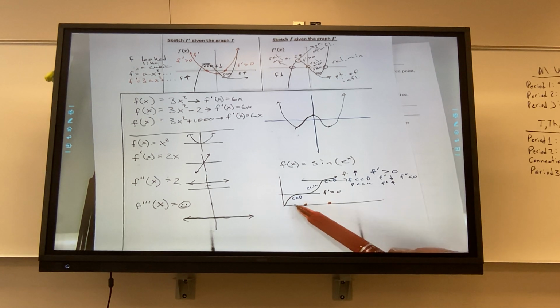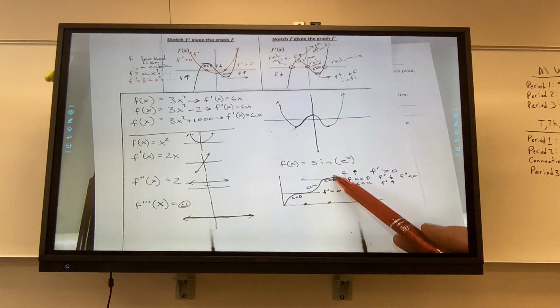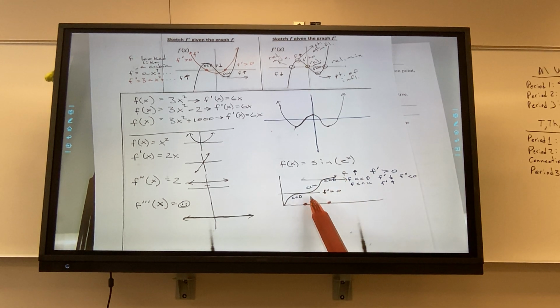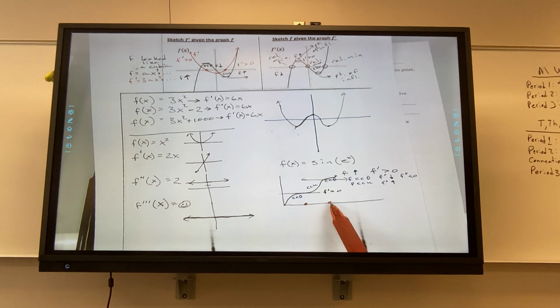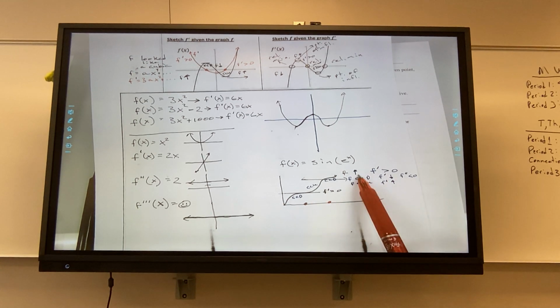Okay, this function is always increasing, except for those moments where it pauses and flattens out and then continues to increase. Okay? That means the derivative has to be 0, but isn't going to cross over from positive to negative because the function is always increasing. Therefore, there are no relative extrema. Okay? So,